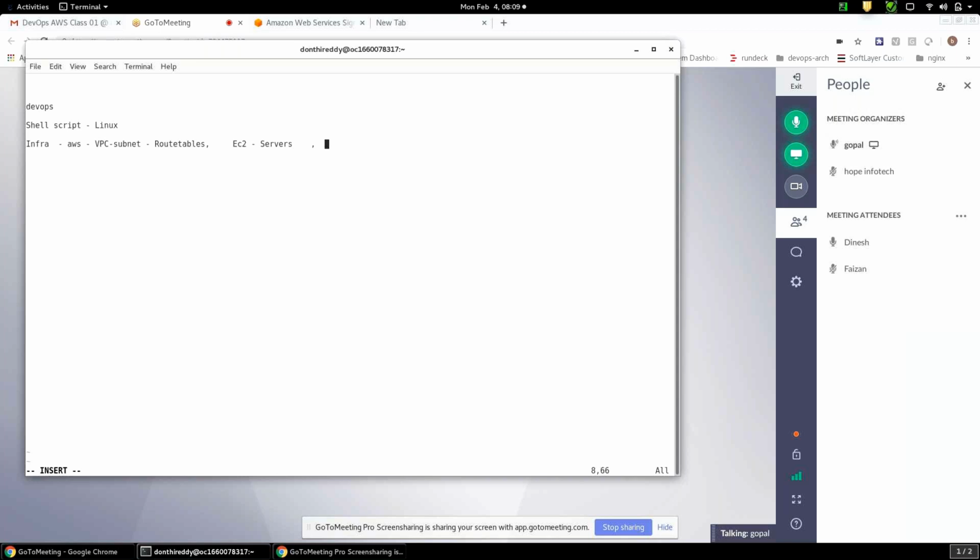Don't worry about the operating systems. To build infrastructure knowledge, Amazon provides all the services free, and in EC2 they are going to provide 750 free hours per month. Remember, that is per month, and those are free.